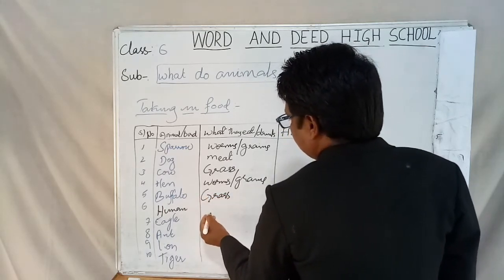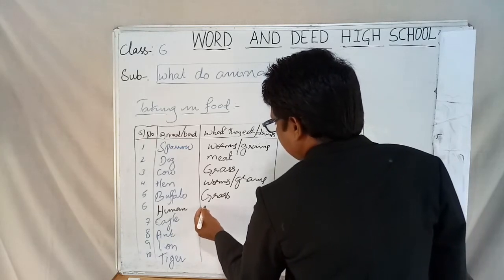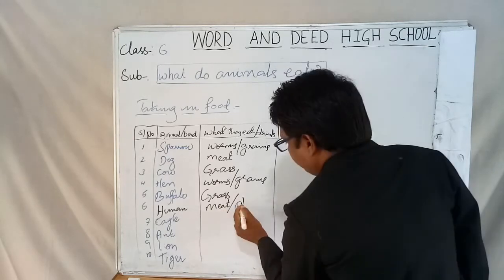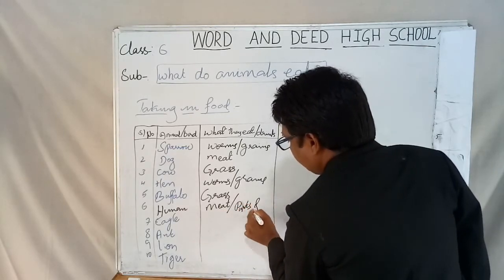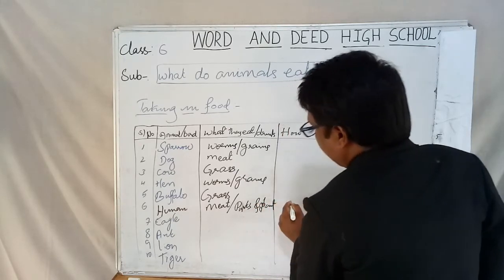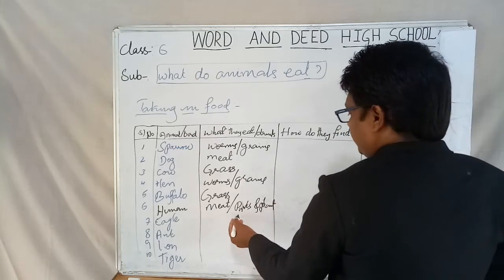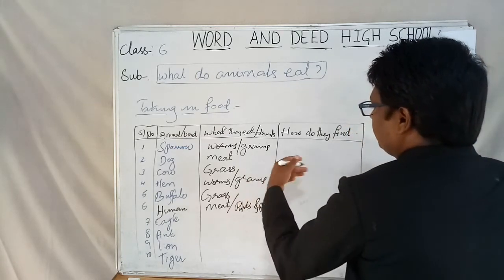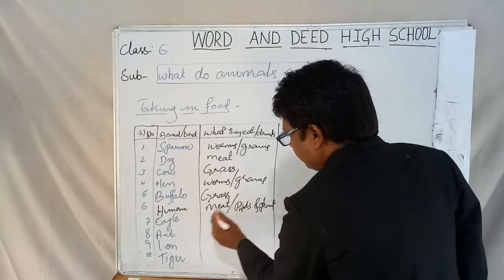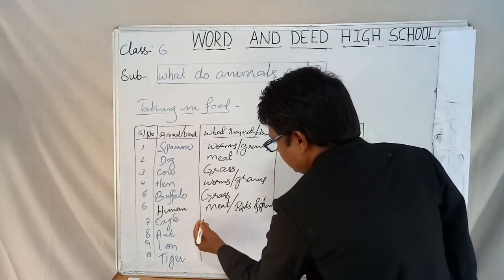Human beings, we eat meat and parts of plants. Parts of plants, and food grains are also parts of plants. Okay, and eagle eats